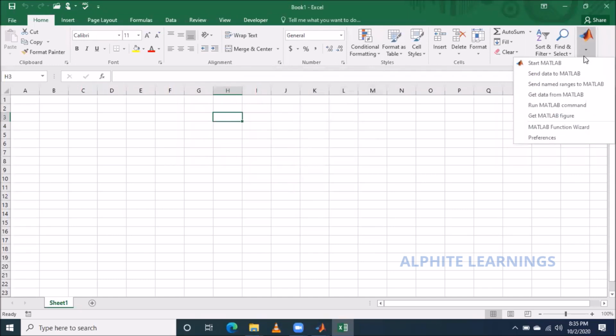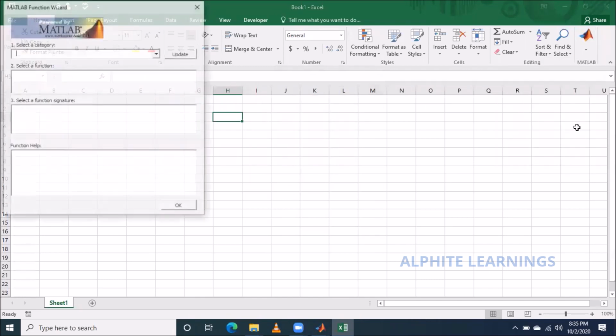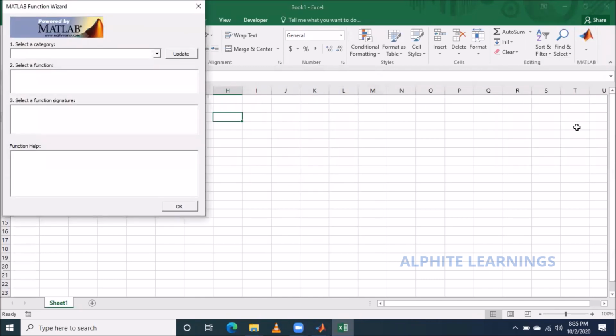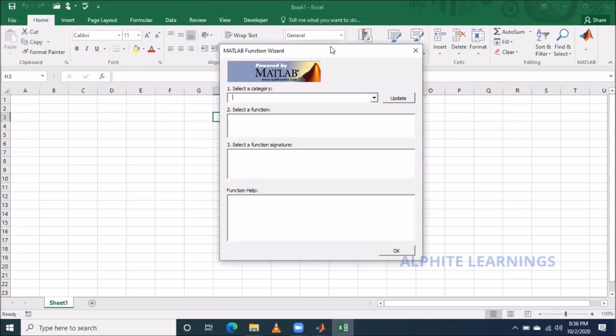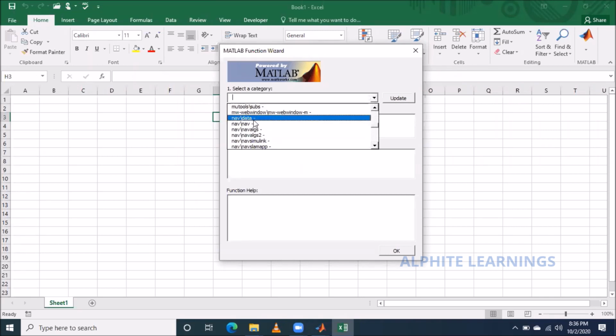Okay, so I just come to the MATLAB function wizard. We will be seeing the basics of functions today. Some two or three functions we will see today, and tomorrow we will see the rest. So as of now, I'll just introduce what is meant by the MATLAB function wizard. If you create a function, it is easy. Instead of moving to the MATLAB folder or MATLAB software, you can do it from here. See, I have many predefined functions, which are inbuilt. I have, right?